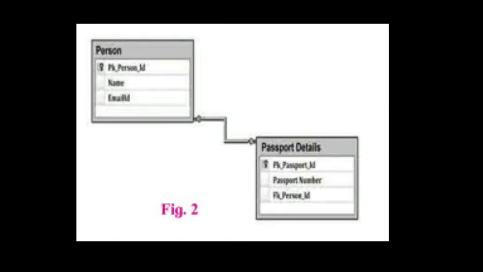We know that every person has a unique passport number, or every person has a unique driving license number, or every student has a unique identity card number, which cannot be duplicate or empty. With this example, we can see how a one-to-one relationship is established in RDBMS tables.